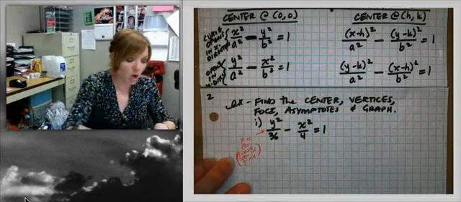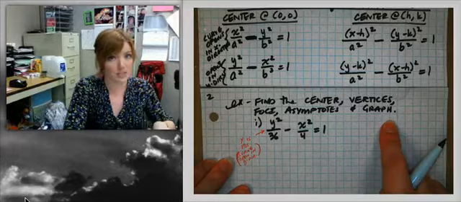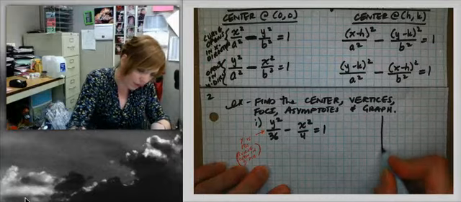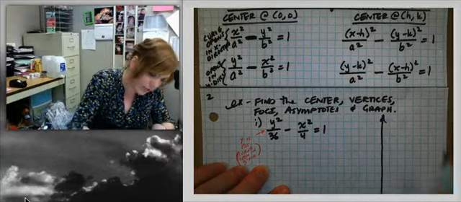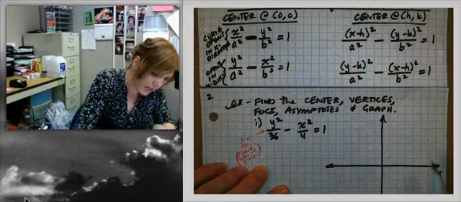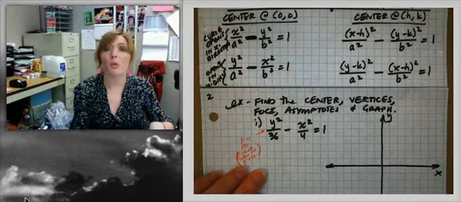Okay? So we're going to do the same thing we did with ellipses. We want to graph it first so that we can extract all the information that we need from the graph. So let's draw a graph here. I'm going to draw a nice big graph to make sure I have enough room. So there's x, there's y. Okay, so here we go. We want to start the same exact way that we did with